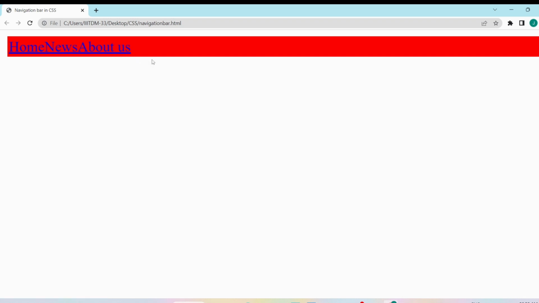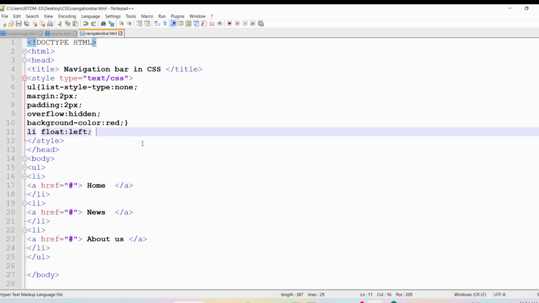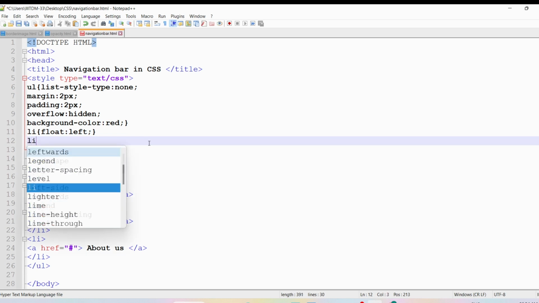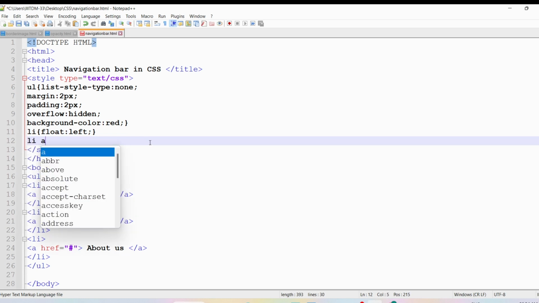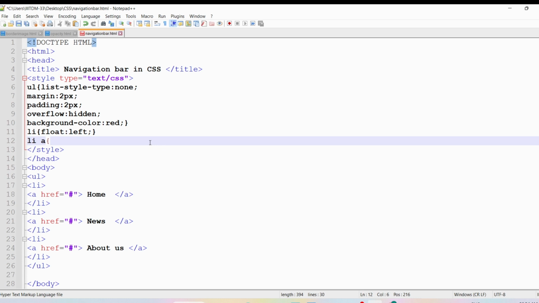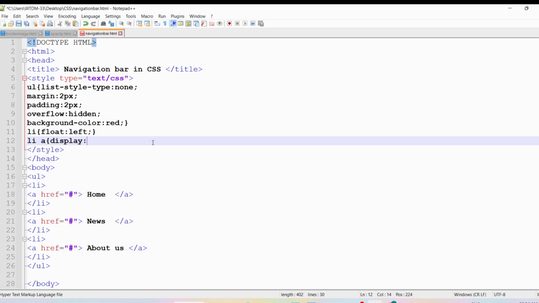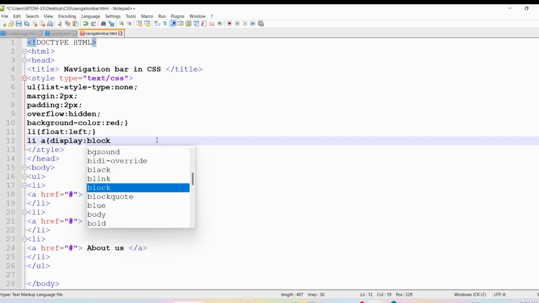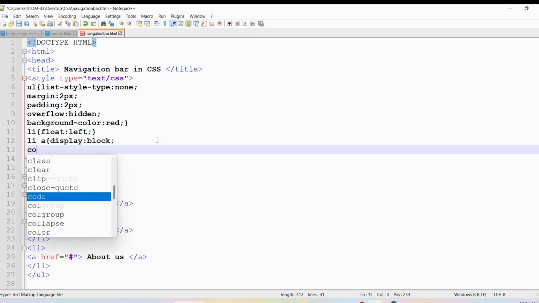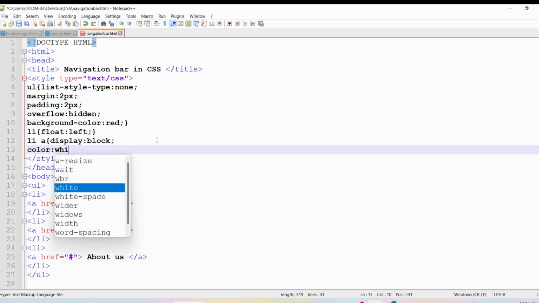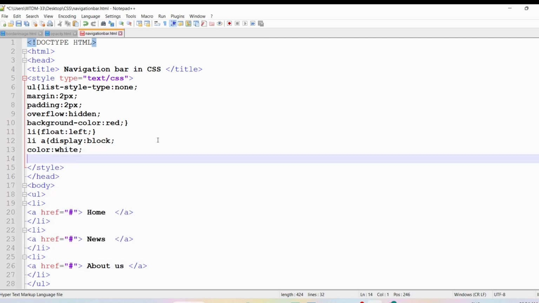Now if I want to make them as a block of elements, then I have to add those style rules, for which I need to provide for the anchor tag, which is there in the list item tag. So I will provide the list item tag and the anchor tag, and I will write certain rules. First I will write the display property, and the value I will provide as block, and the color I want to provide as white, and then the padding property, and I will provide the values as 14 pixels